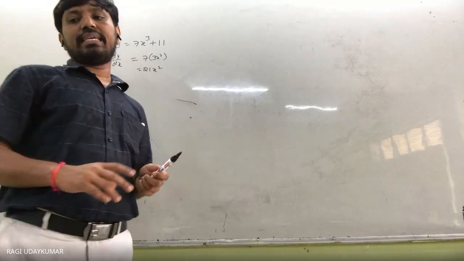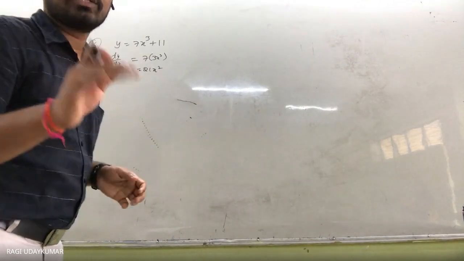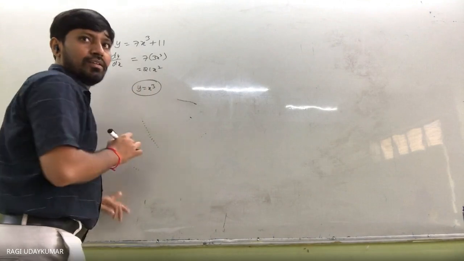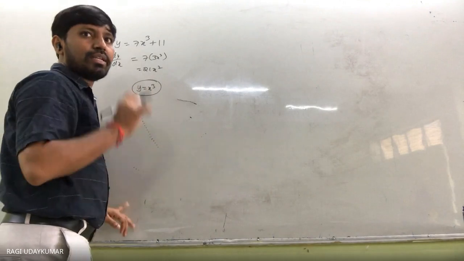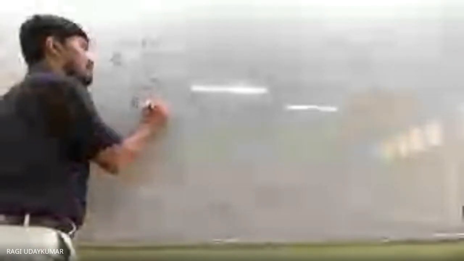ये प्रॉब्लम भी इजी है, कुछ नहीं है. y इक्वल टू x³ है, y इक्वल टू x³ ले लो, ये गिवन कर्व है. व्हाट गिवन? This is the slope of the tangent is equal to the y coordinate of that particular point. इसका स्लोप क्या होगा? dy by dx होगा, is equal to 3x². This is equal to the y coordinate.